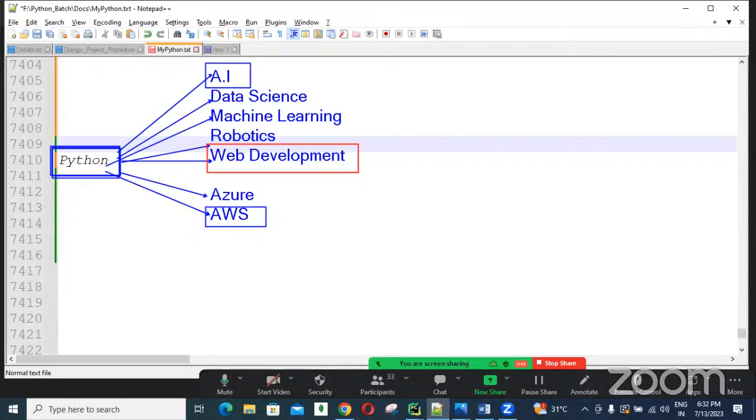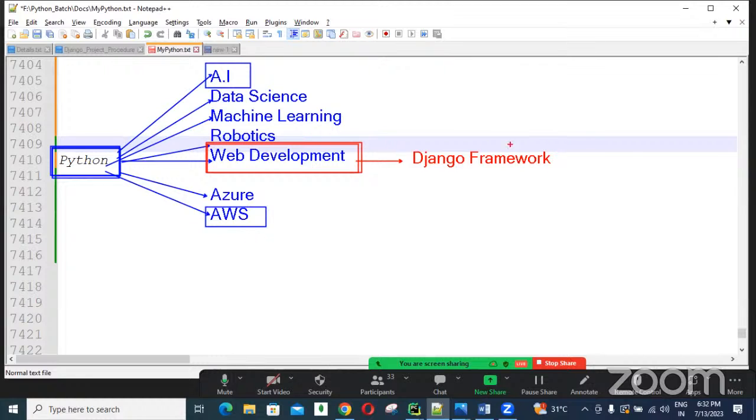If you want to design, then you need to learn the Python with Django course. If you want to be developing web applications using Python, then along with Python you also need to choose the Django framework. But if you say, no sir, I don't want to become a web developer, I want to become a data science developer or an artificial intelligence developer,